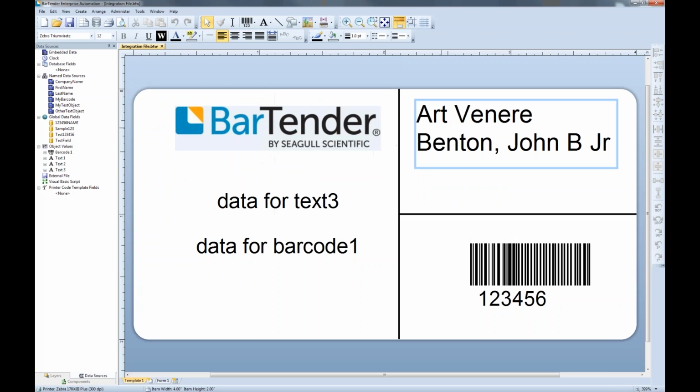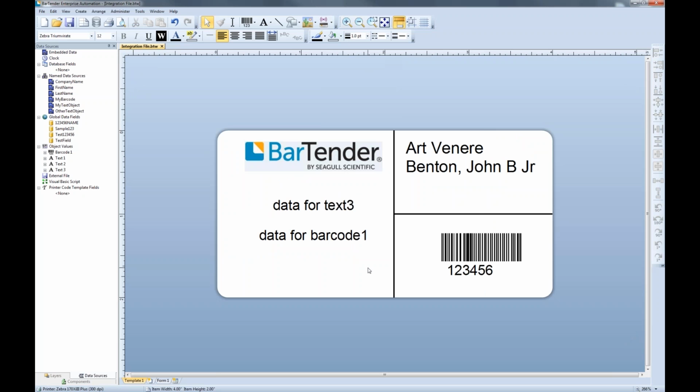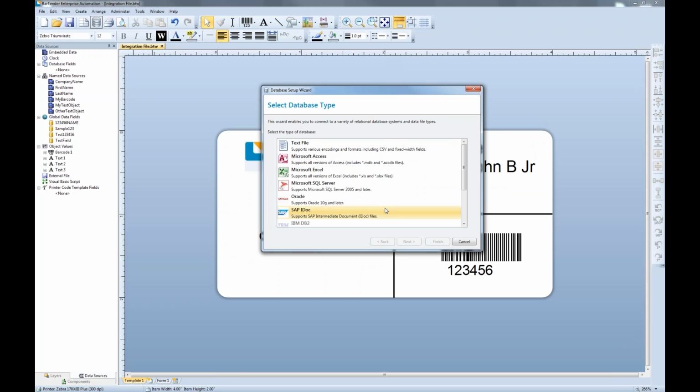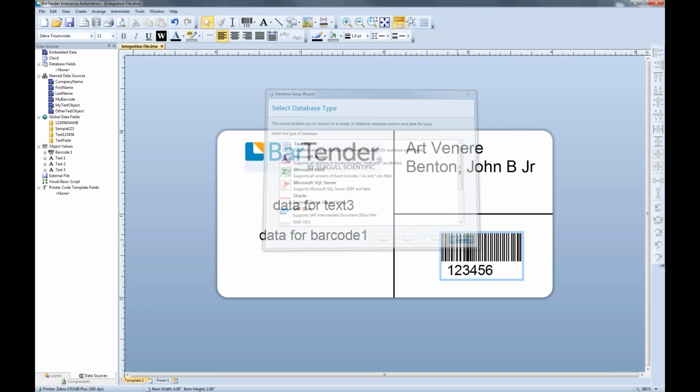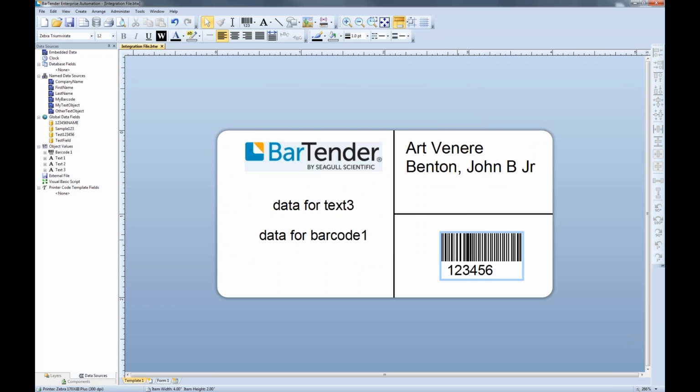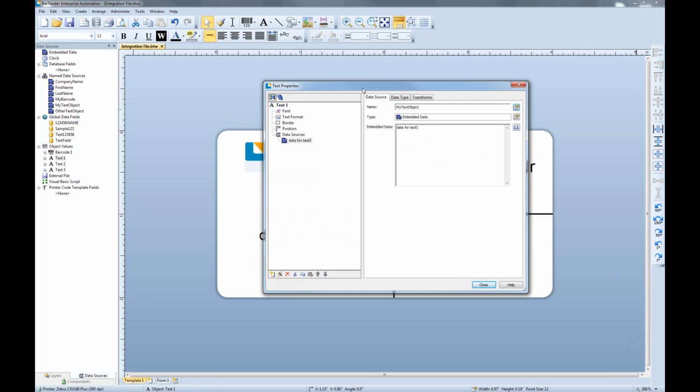This is what our label format looks like, and you'll notice that there's nothing special about it. There's no database connection set up like we've seen in the past. There's no dummy database that you need to do here. The only thing that I've done to this particular label format is I've gone around and I've given the data